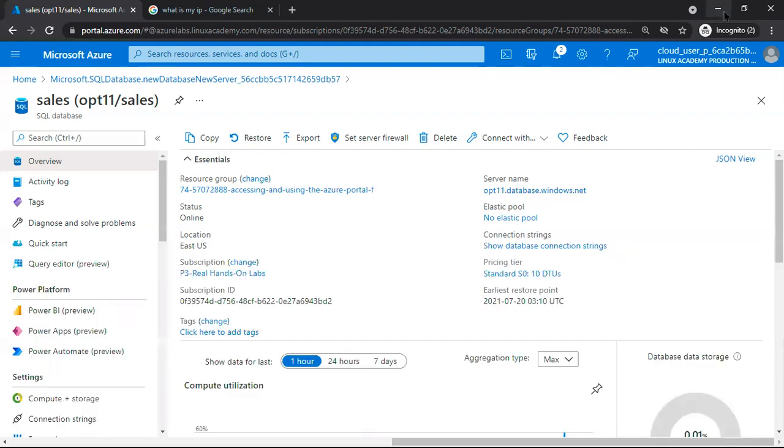Right. We'll conclude the session here. We'll continue again in the next session. We'll see how we can work with the CLI, how we can create the same database with CLI as well as with PowerShell. Then we'll go to other options one by one.